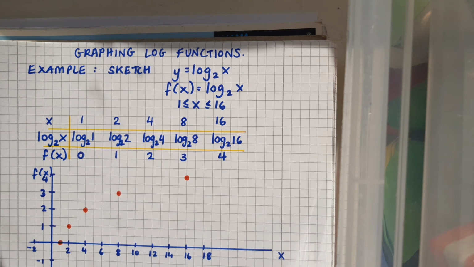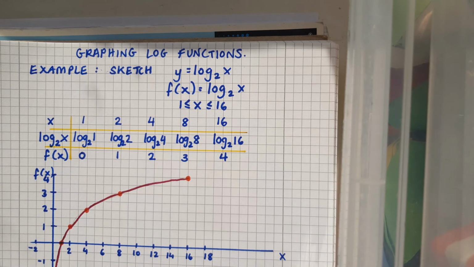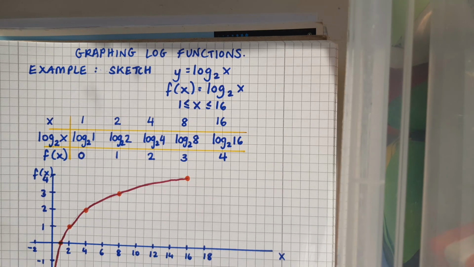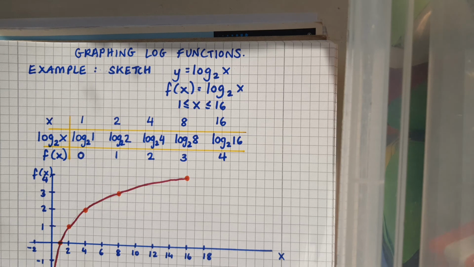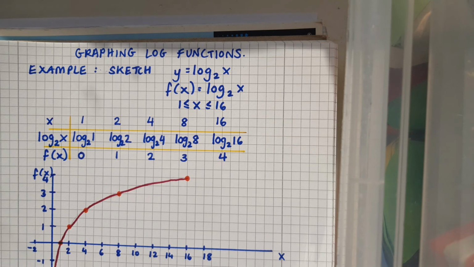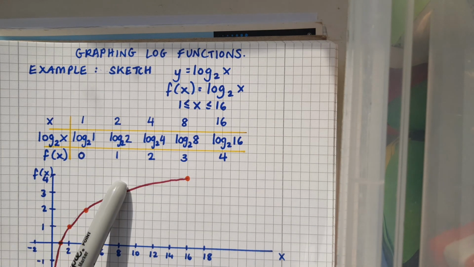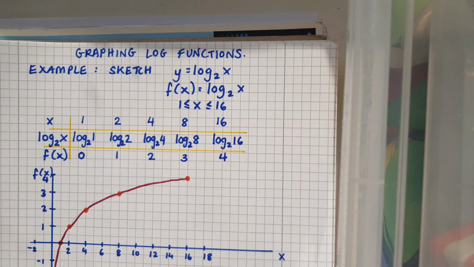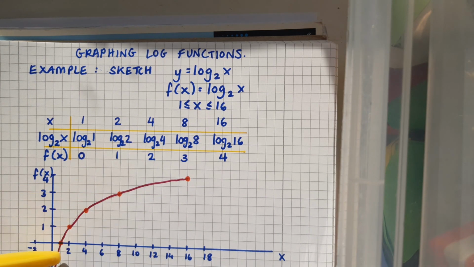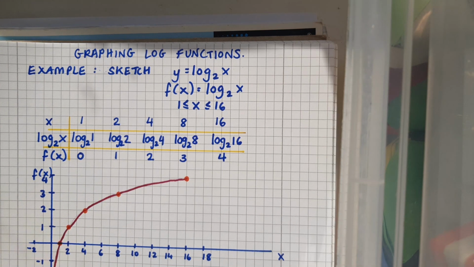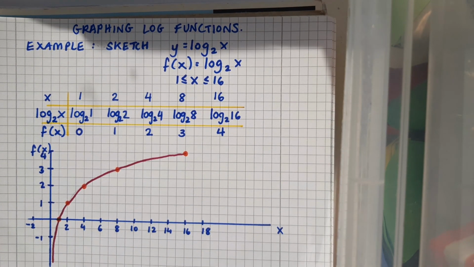And now that I've marked all my points in, I'm going to join those together to make my curve. When I join the points together, it looks like this. This is the general shape of a logarithmic function. You can see that the slope starts off quite steep and then it levels out as it proceeds along through the graph. Note how the graph gets closer to the y-axis,